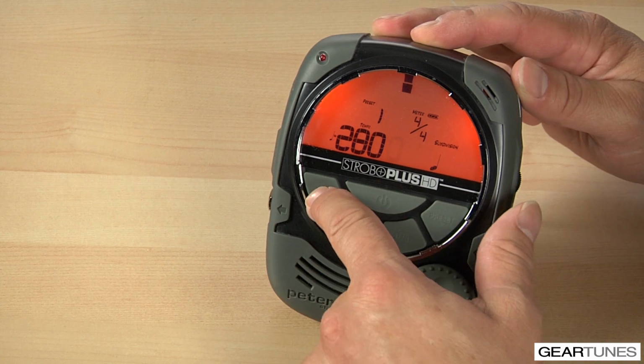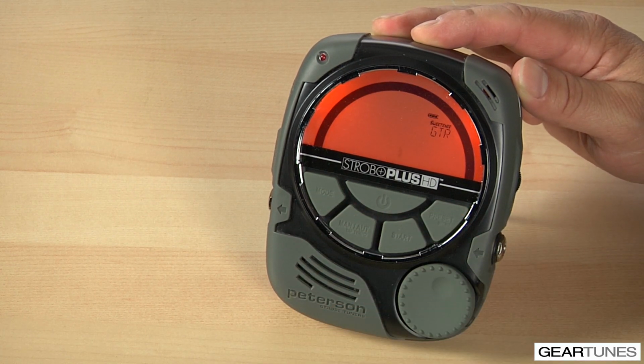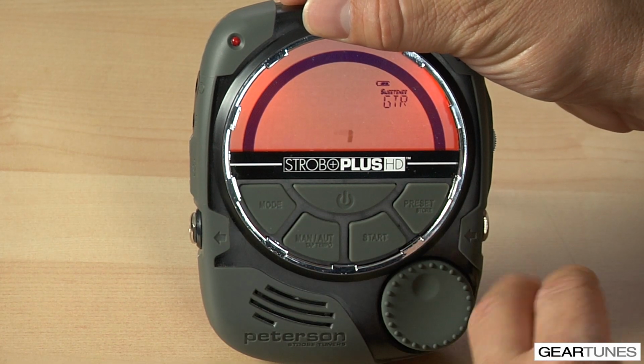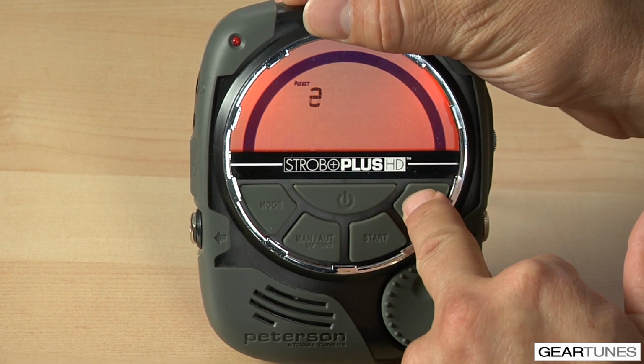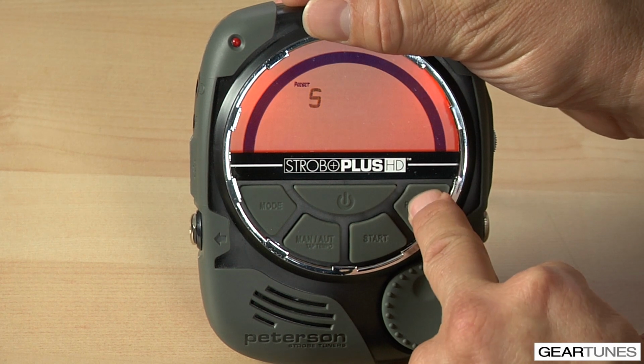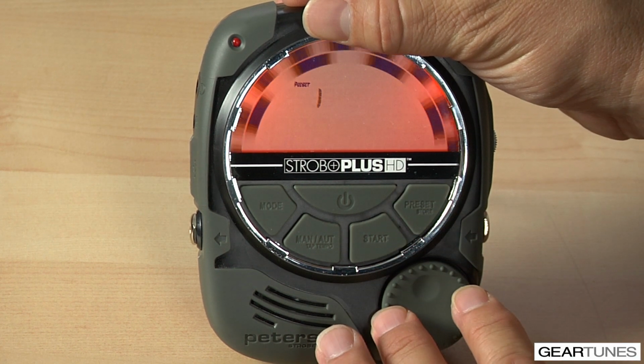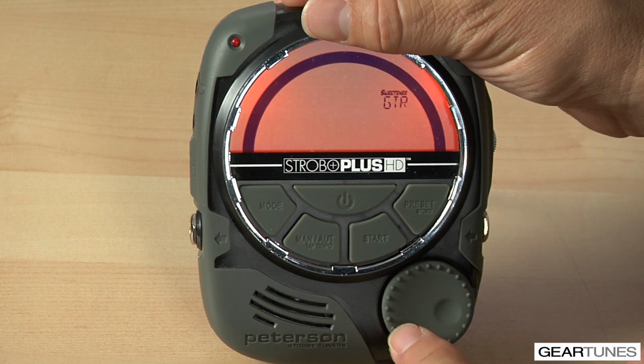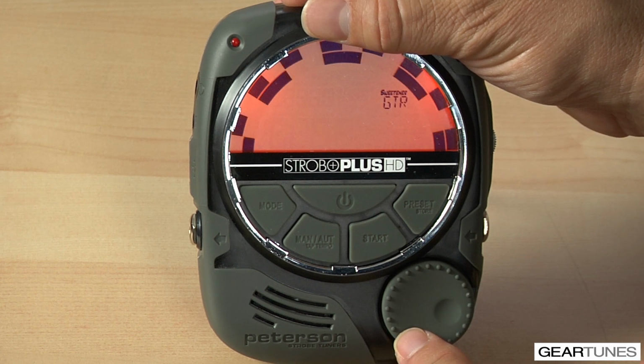Okay, one of the coolest things about this unit is the presets. So let's start off by talking about the presets for the tuner mode. Once you're in tuner mode, which again you bring up via the mode button, it's easy to toggle between individual presets using the preset button, and then you can load those individual presets by using the select knob, and in turn you can rotate the select knob to walk between the different elements you can associate with the preset,